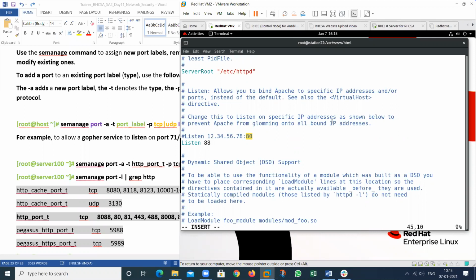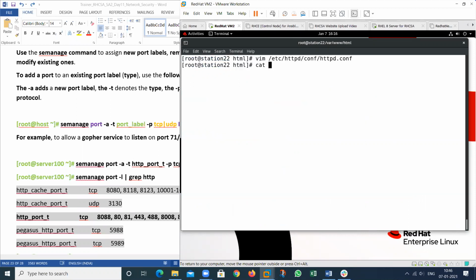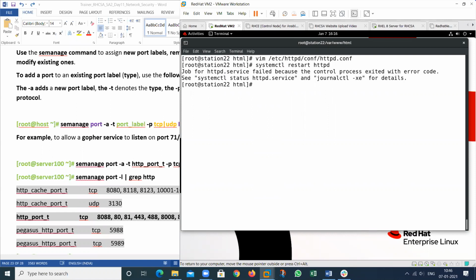So I want to allow this particular port in a web service. So how will I do this? See the message. If I restart the service again, it will show me an error message because in my network the violation will occur. So that is not allowed.